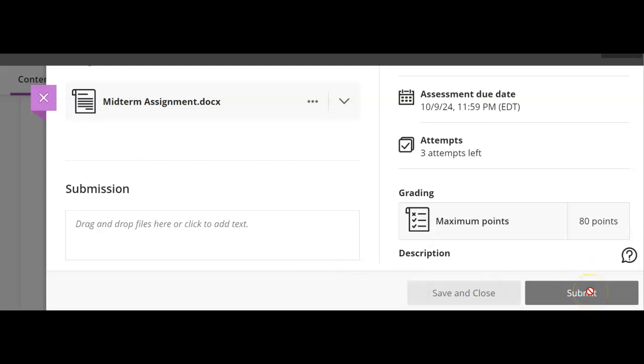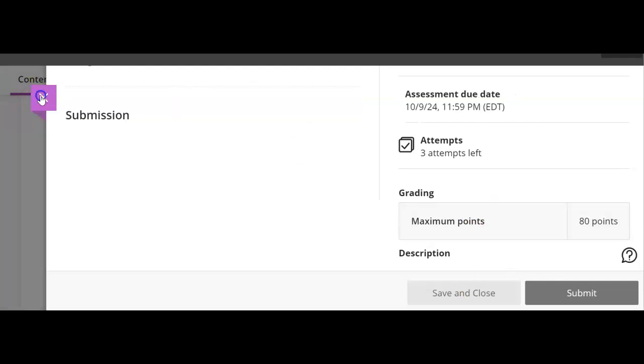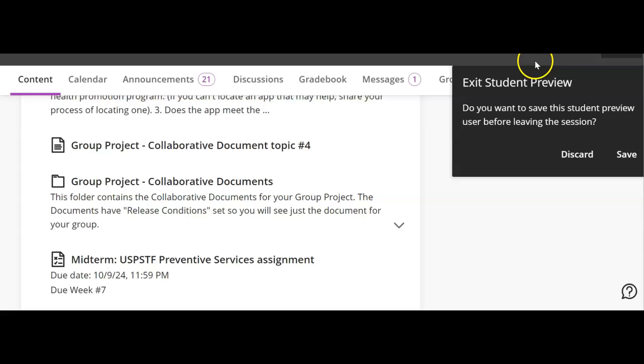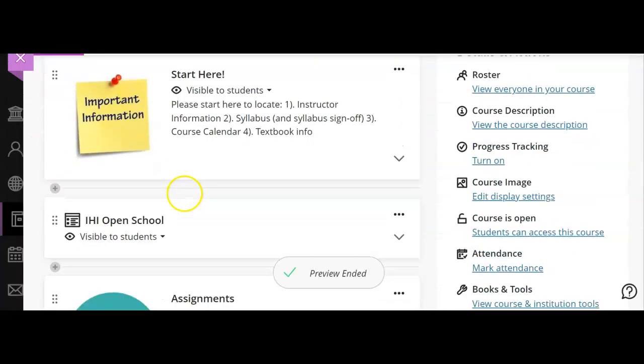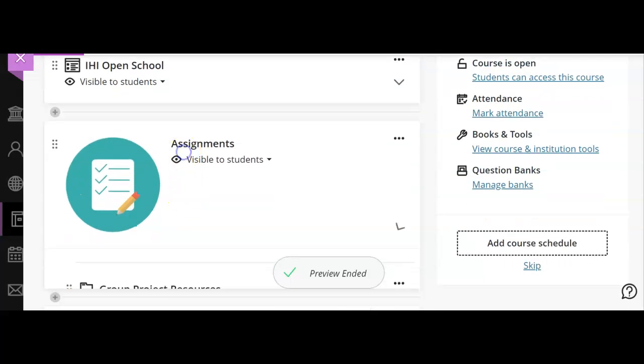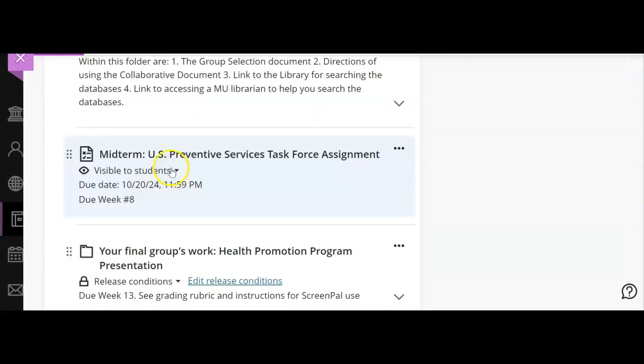Then you are going to click on the submit button and save and close. I want to make sure that you know where that is. And now I'm getting out of the student view, and that assignment is also here under the assignments tab as well. Blackboard Ultra has given us a little bit of grief, but this is due week number 8.